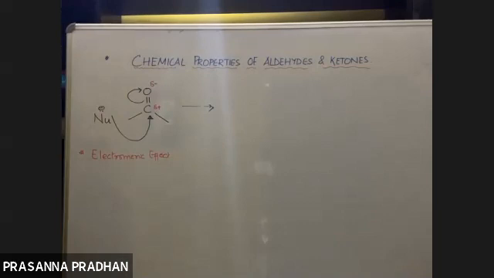So what is the electromeric effect? The displacement of the shared pair of electrons towards one of the bonded atoms in the presence of an external reagent. You don't need to know all this, but yes, I'm telling you. Remember, the electromeric effect occurs just in the presence of a reagent. ये nucleophile नहीं होगा तो यहाँ पर electron पूरा displace नहीं होगा. Electron displace होगा only in the presence of a nucleophile. It's a temporary effect.